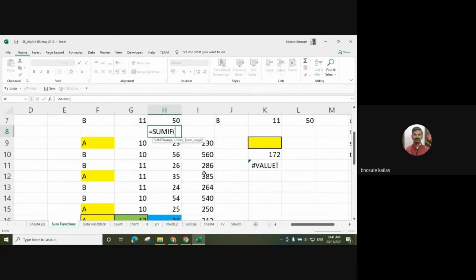Range. Suppose this is the range. Criteria. Criteria is 10.